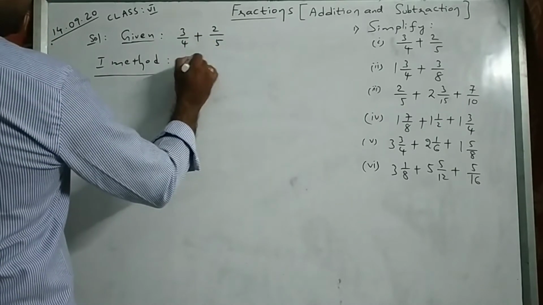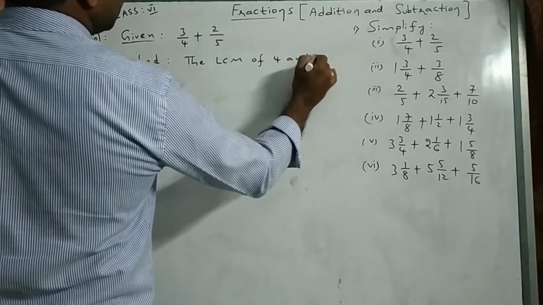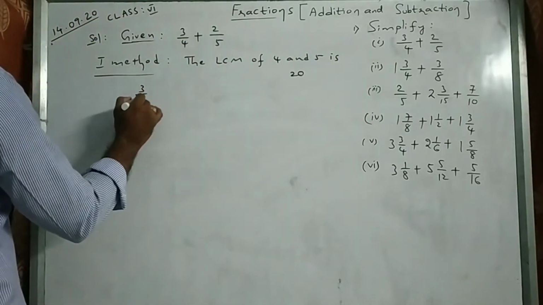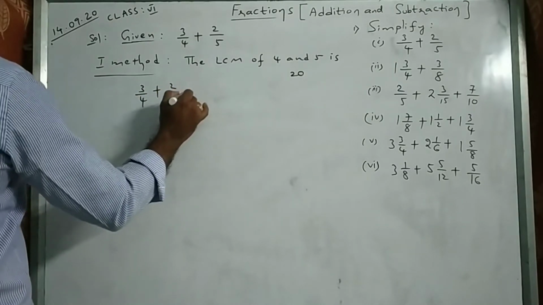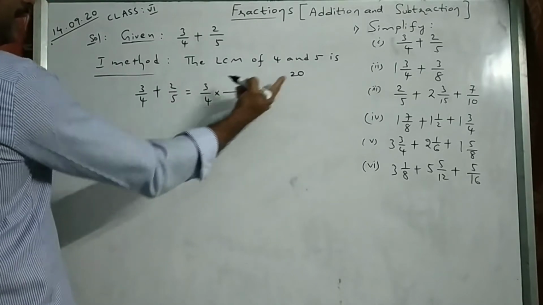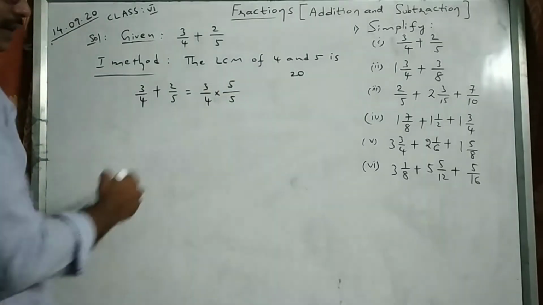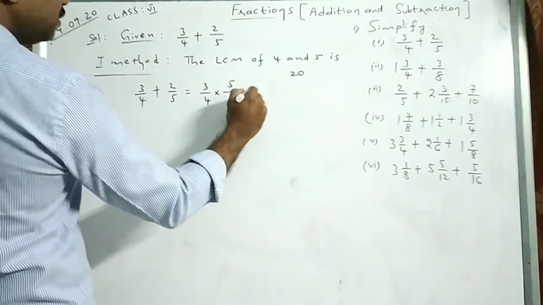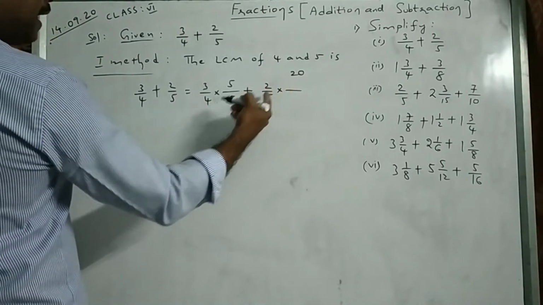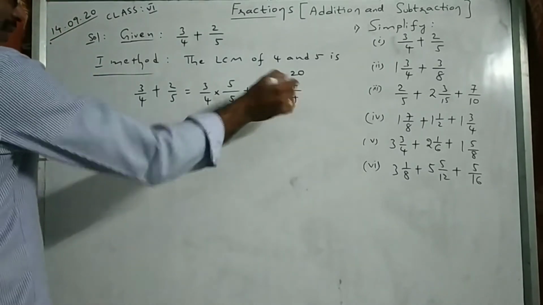For that, we take the LCM. I told you already. The LCM of 4 and 5 is 20. Take LCM of denominators. Now take the given fraction as 3 by 4 into. Now to change the denominator into 20, by what number you should multiply? 5s. 4 5s 20. If you write 5 here, numerator also 5. Same. 2 by 5 into 5 should be multiplied by what number you should get 20? 4s. To multiply with the 4.